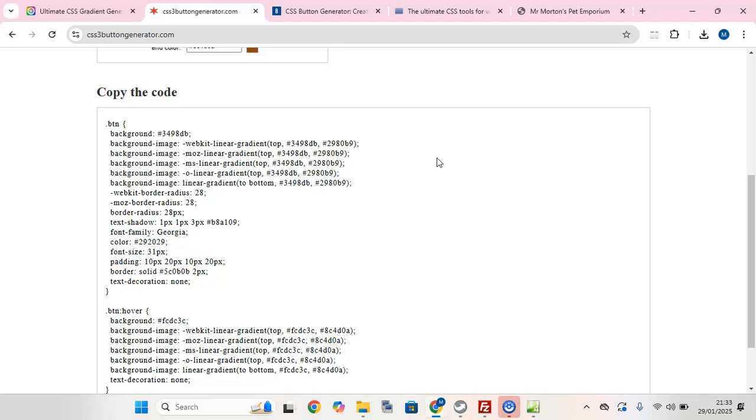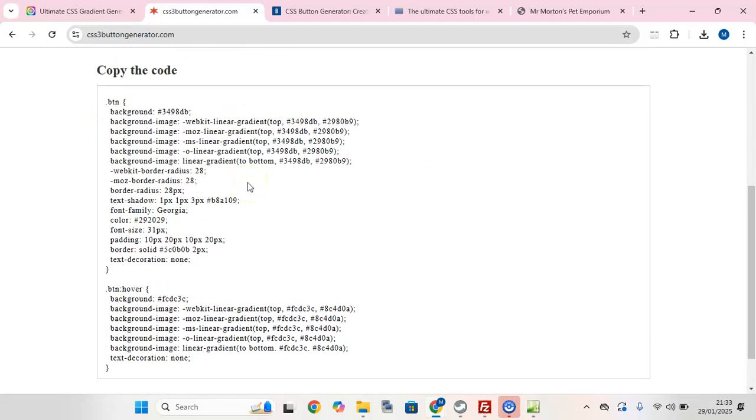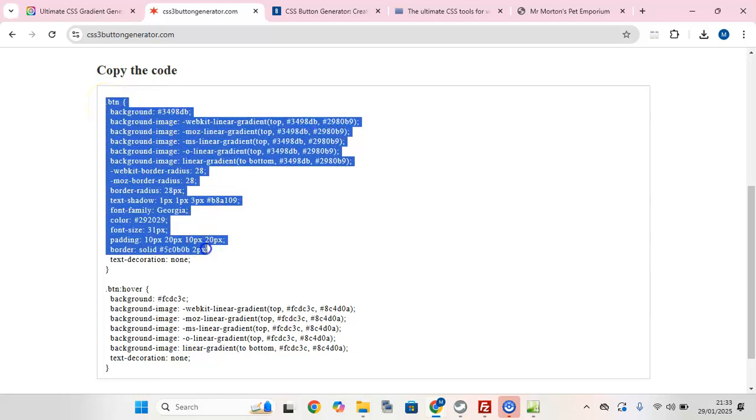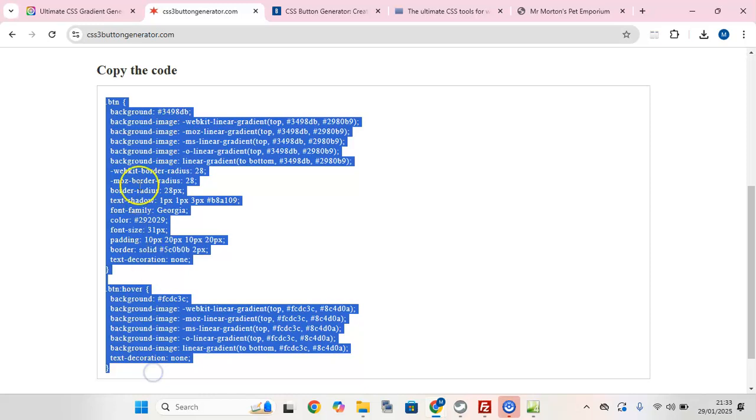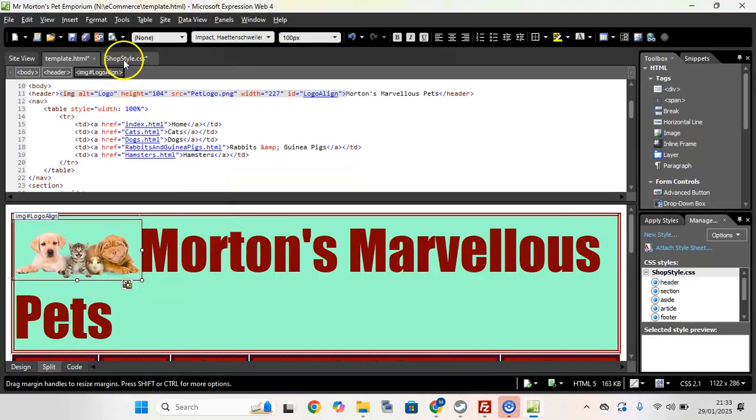Now this time when I'm copying the code, I'm going to have to highlight manually. So I'm dragging from dot button down to the end of the code. I'm not getting anything else, just the code that's in here, and I'm copying that. Right clicked and copied. I come back to my style sheet,